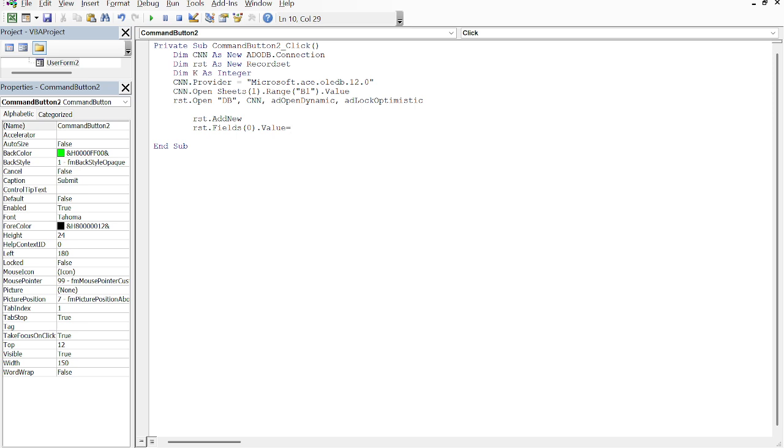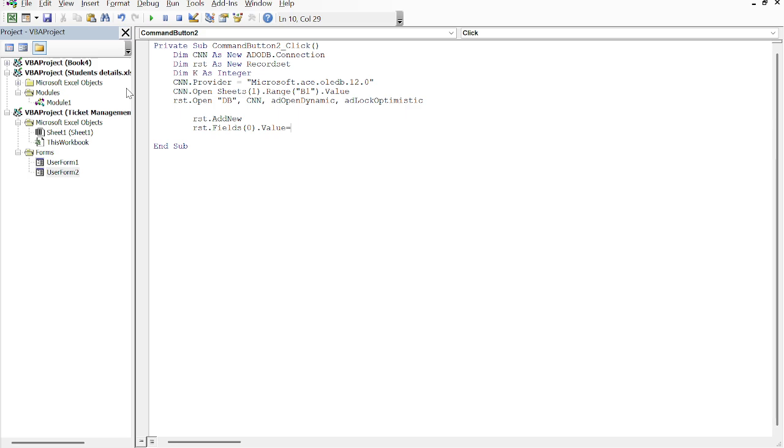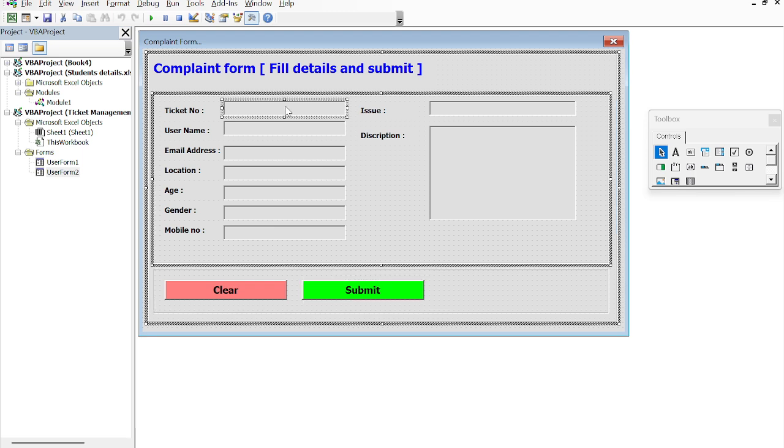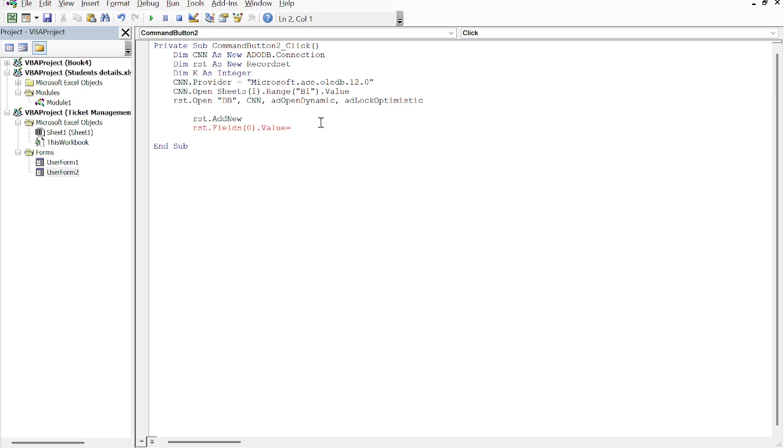Here, what we have to do is, the ticket number should be automatically fetched here. The user doesn't need to enter it, or the user can enter it. If the user gives his own ticket number, it can be a duplicate if a lot of people are doing it. So whenever we pull the details, we will pull them based on ticket number and the mobile number. Okay, so on submit,